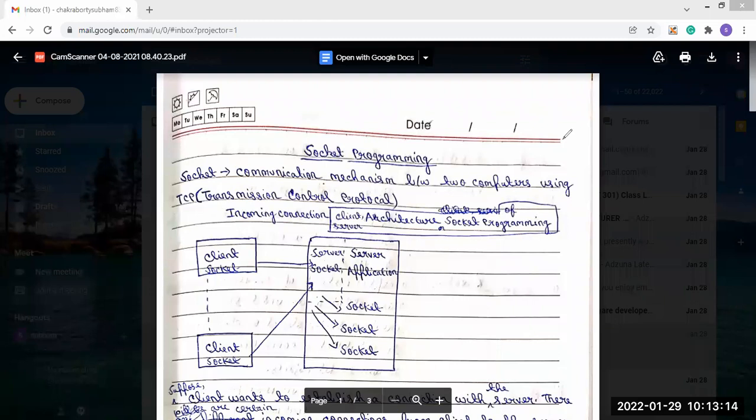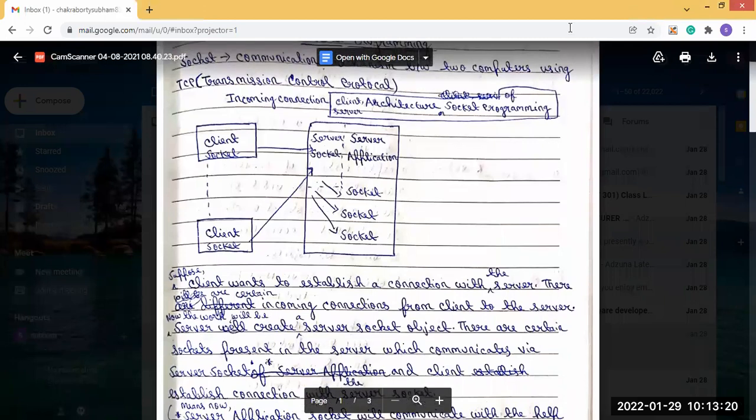Now let's explain what this block diagram performs. Suppose the client wants to establish a connection with the server.